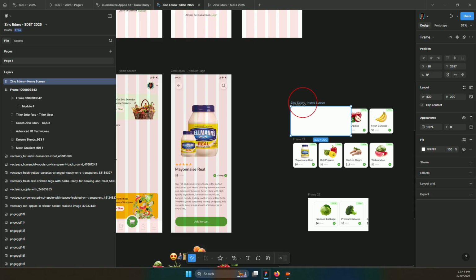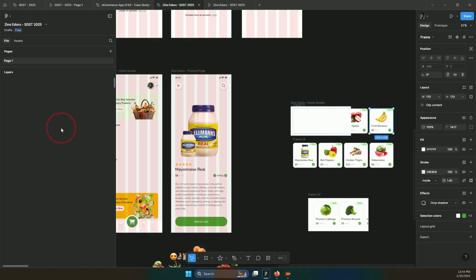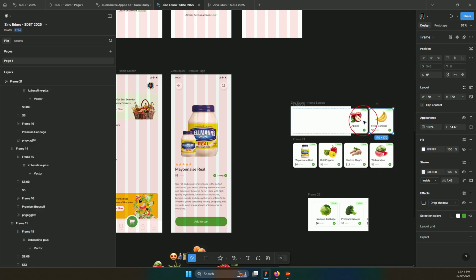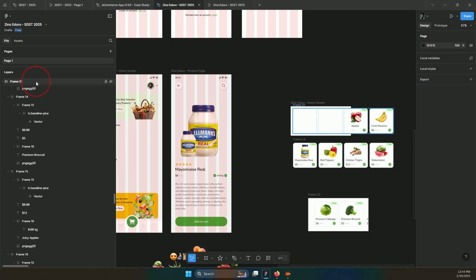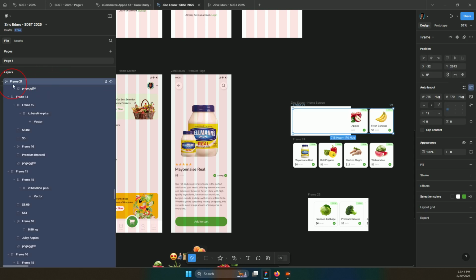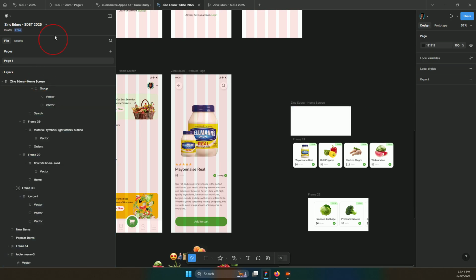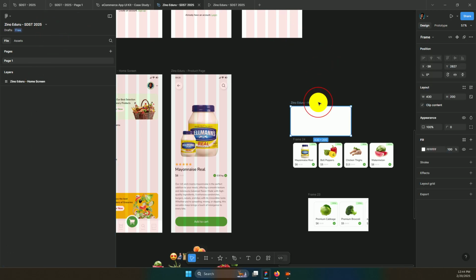Good. So we select the frame beneath it, not one of them. We look for the frame which is frame 21, I believe, but yours you can name it. So I just press Ctrl X, and then you select this. So we name this